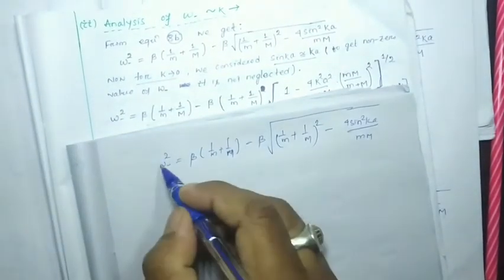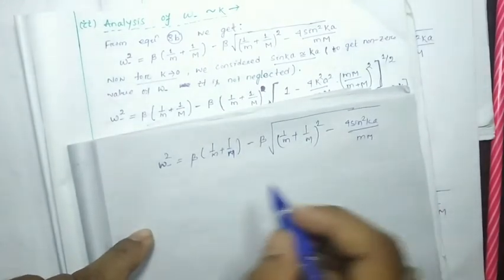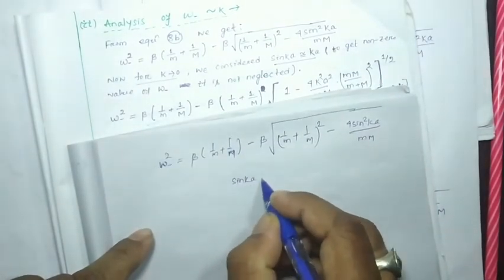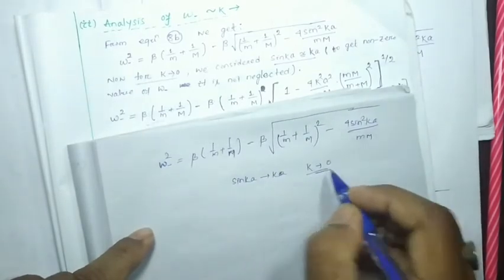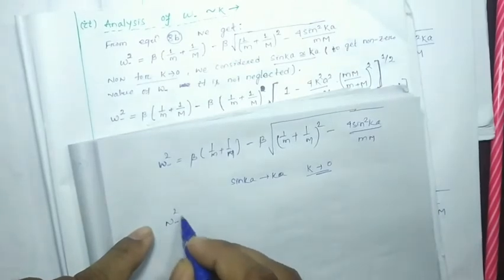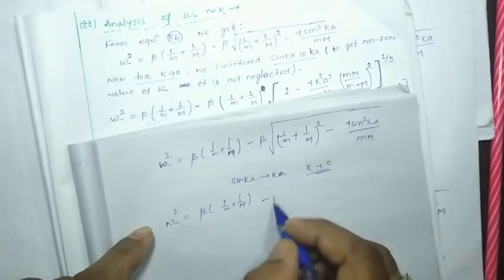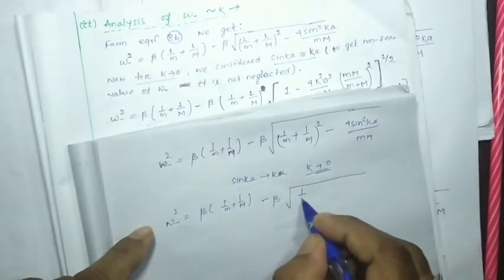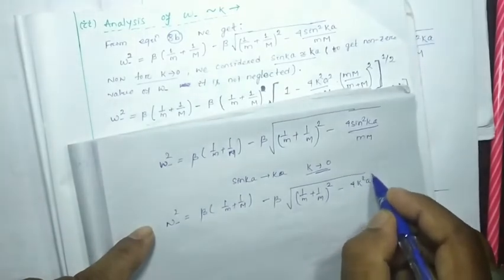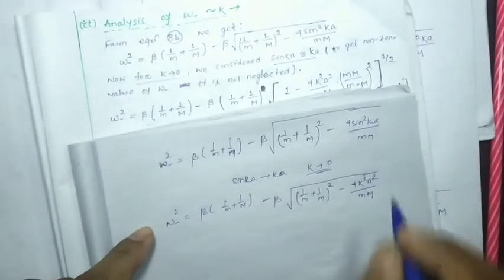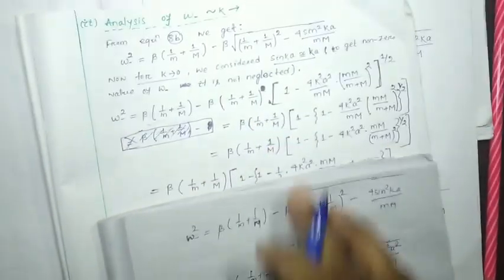So this was our initial equation. Now we consider that sin k tends to k when k tends to 0, right? So here we can write omega square equals beta into 1 by m plus 1 by capital M, minus beta whole root over of (1 by m plus 1 by capital M) square minus 4 k square a square by small m and capital M, right? Now in the further step, I have written directly, one step I omitted, you just